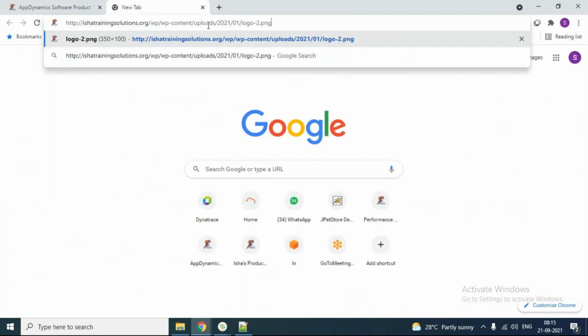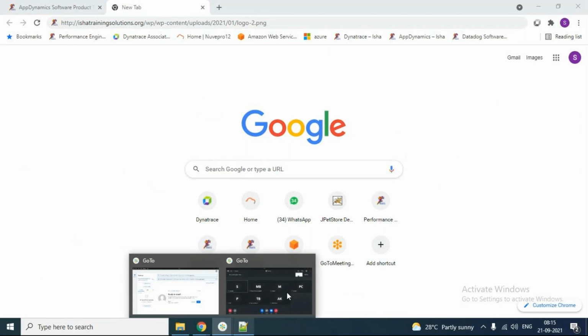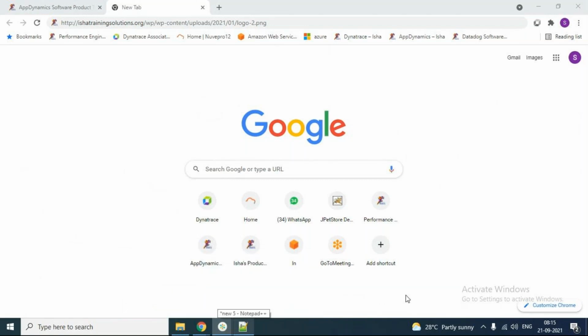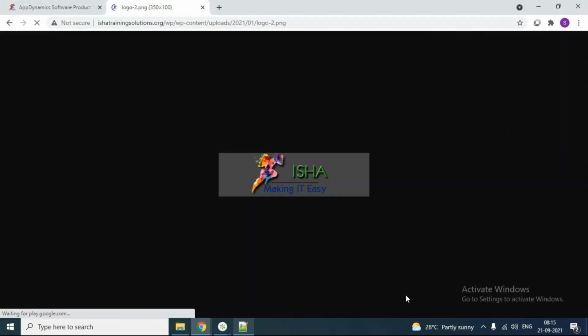This is a URL for a particular image. Now think about it, in your load testing tool also, URLs are captured like this only. Say you recorded and then you are trying to replay this in your performance testing tool. What will happen? What is happening here?